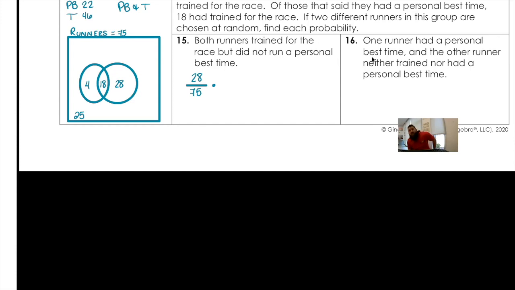They didn't run a personal best, right? So that's why that 18 is not included in the 46. Of those 28, we're going to say we got one that trained but didn't run a personal best. And now we're going to say 27 because we picked the runner we wanted out of 74. 28 times 27 is 756. Big boy numbers. 75 and 74 is 5550. Of course, we want to math frac that rascal because look at this beautiful